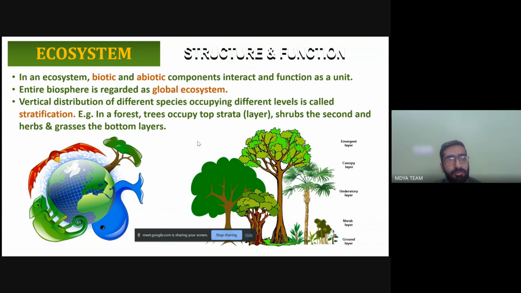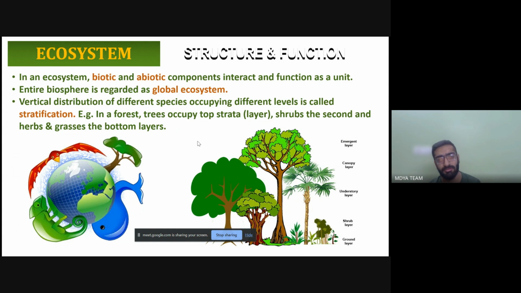Okay, so global ecosystem, the biosphere, like all the layers we understand, lithosphere, stratosphere, mesosphere, but then biosphere is something in which the life exists. That is called biosphere. Okay, so wherever the sphere of the earth in which the life exists is called the biosphere. It is regarded as a global ecosystem because in that global ecosystem, every kind of species of life is prevalent. The water is there, every kind of species are there. So it's not just one small area scattered around the entire world. Okay, that is called biosphere.